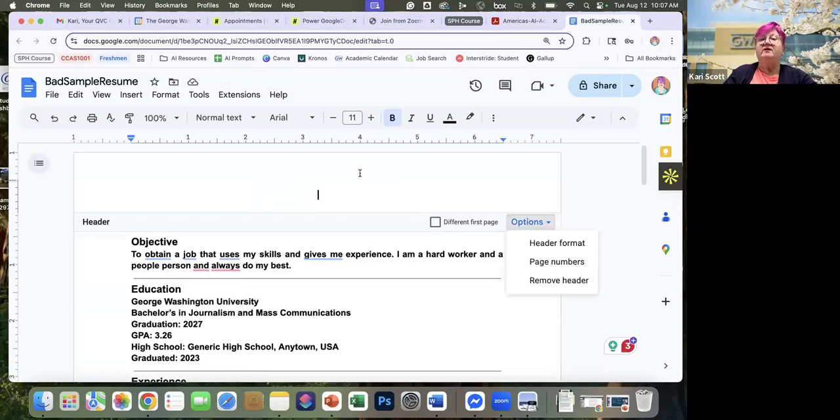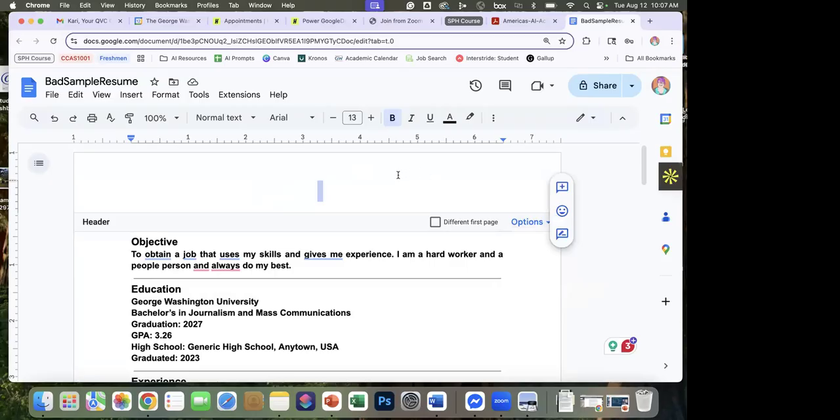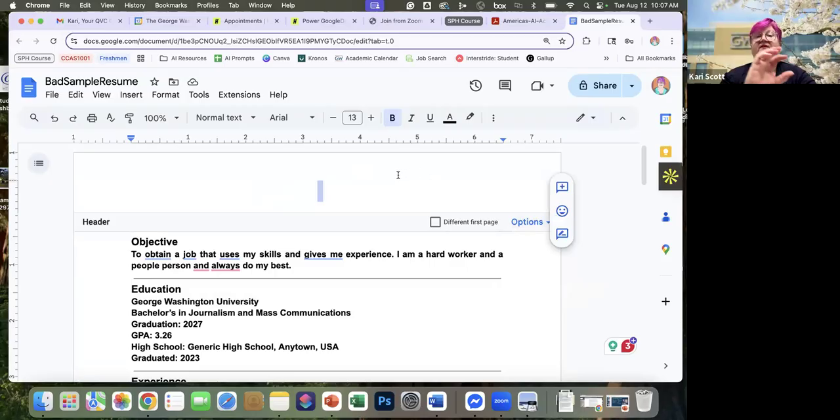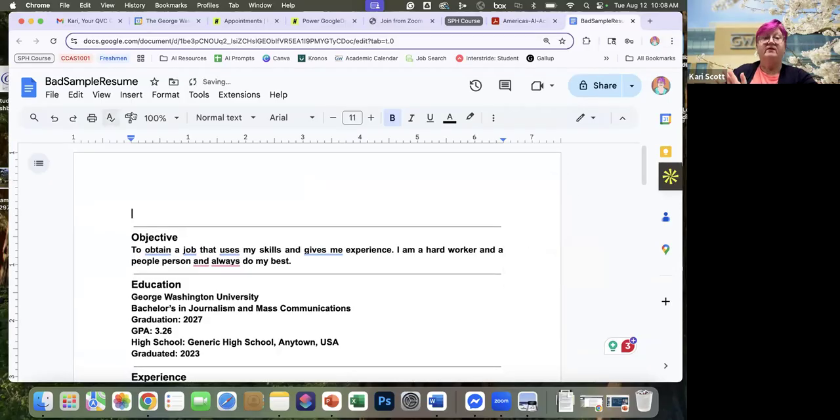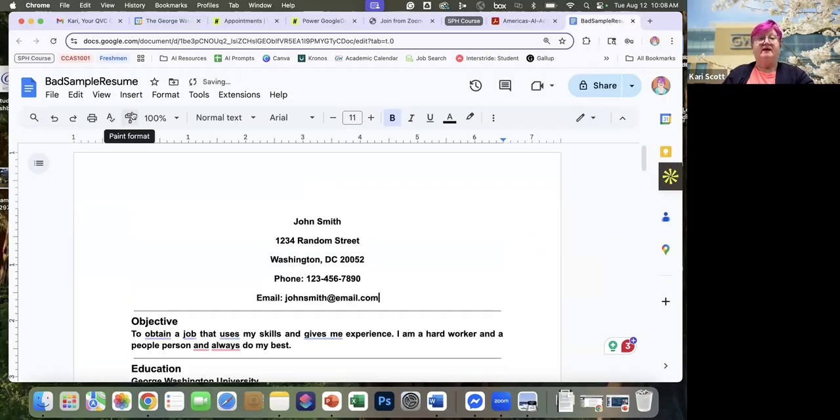Now to get in the header, you just click 3 times in the top space and that'll open up the header. In Word, if you have stuff in the header, when you're looking at it, it's kind of grayed out and that tells you. In Google Docs, it doesn't tell you if stuff is in a header, so you always have to check that. But you can see that I took that information out, and now what I'm going to do is just click on this options and remove the header, and now the header's gone, and I'm going to paste that information back